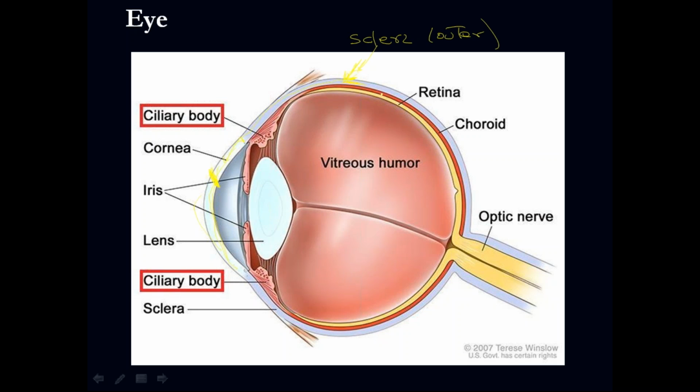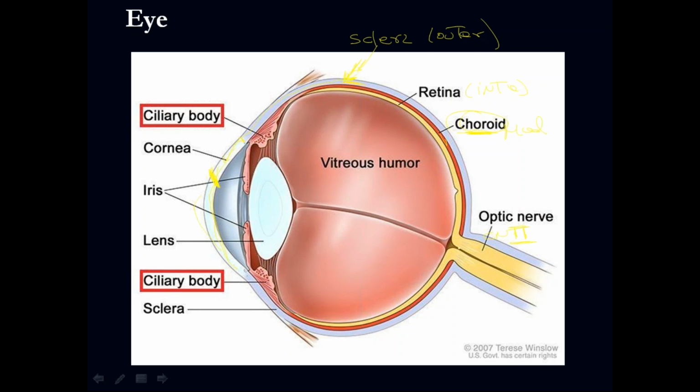The middle layer is going to be the choroid membrane. It's red, very suggestive. It's red, okay? And the internal is the retina. So medial is choroid, internal is retina, and the outer is going to be the sclera. I just want you to pay attention to this. The optic nerve is cranial nerve number 2, right? 2 eyes. Cranial nerve number 2.